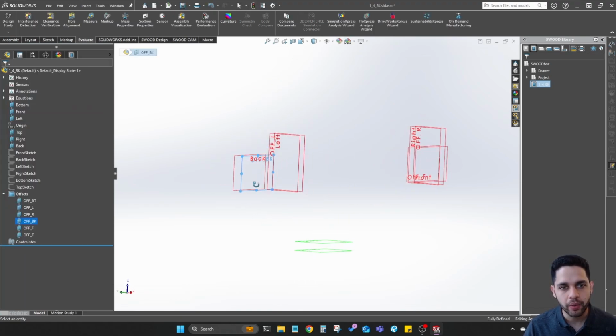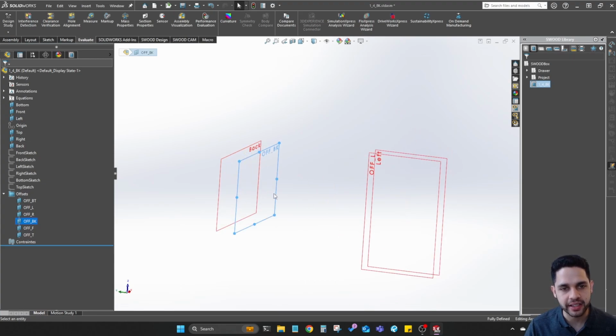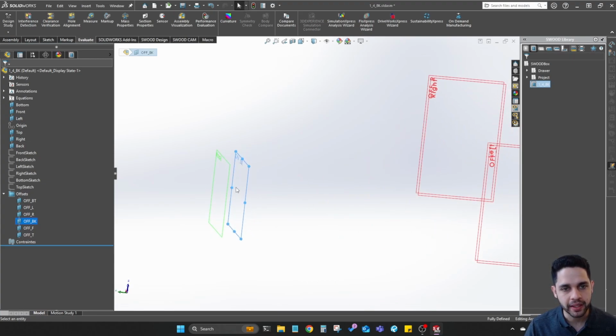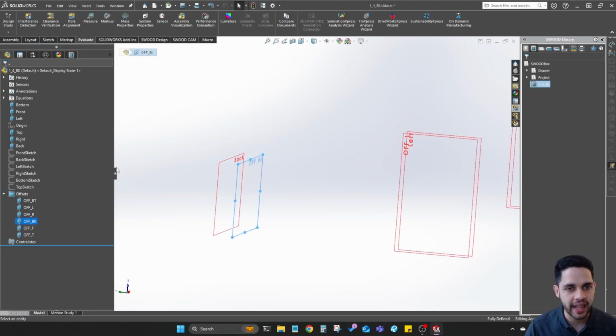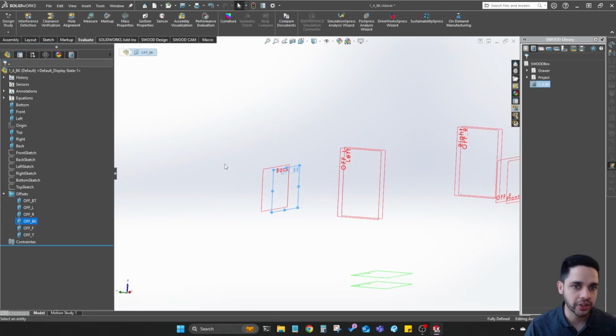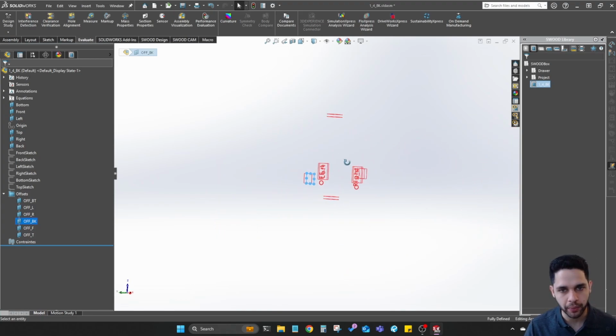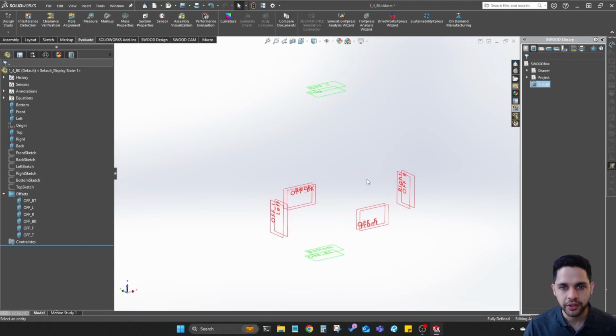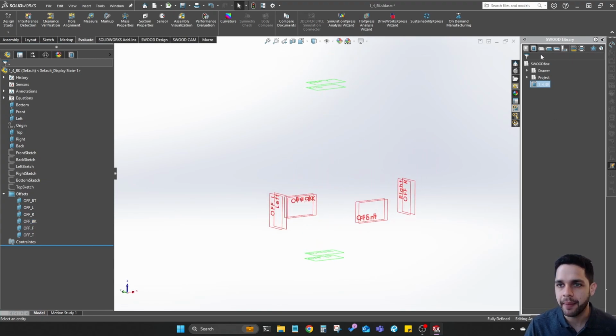And further back, we want that offset to stay as it is, not go to the outside, because if I flip this offset, then that back panel would be oriented outside of the SWOOD frame, which we don't want. So now that we've done that, we're going to jump over to our panels library, click on that, and